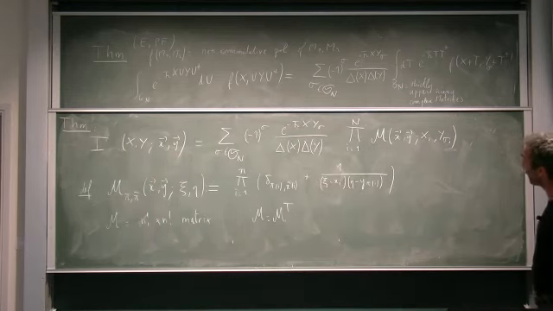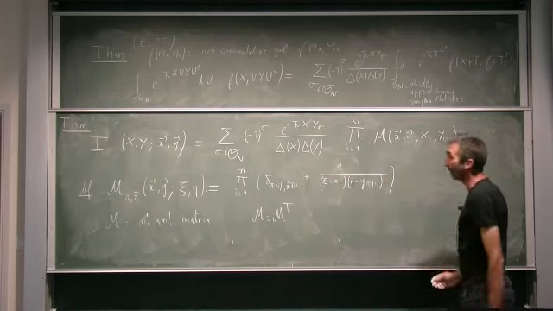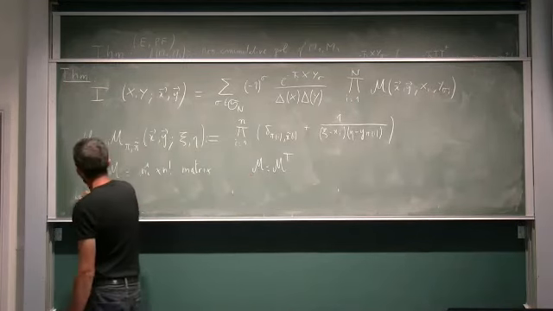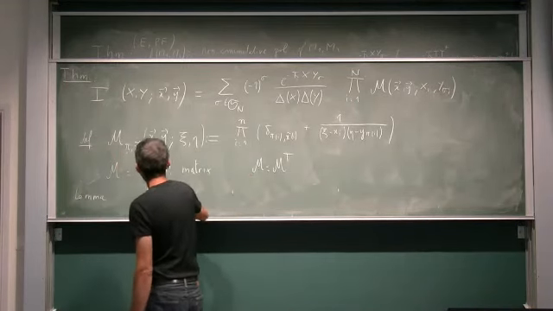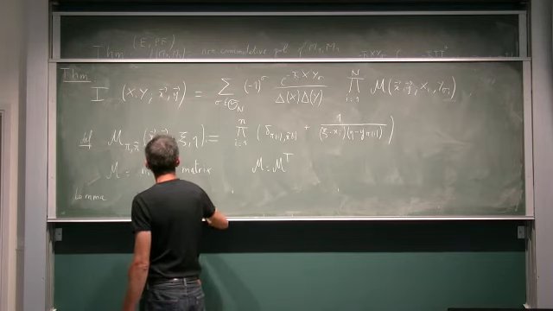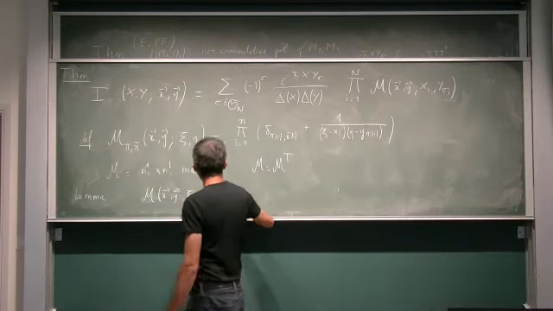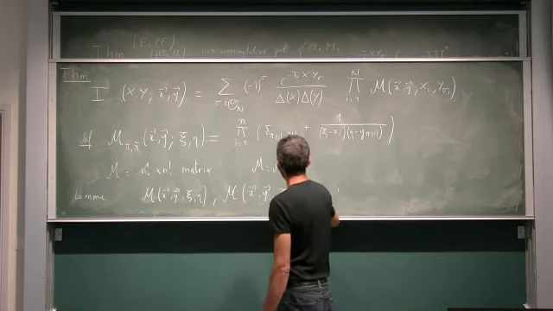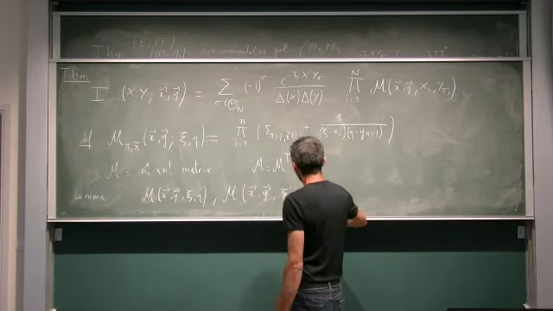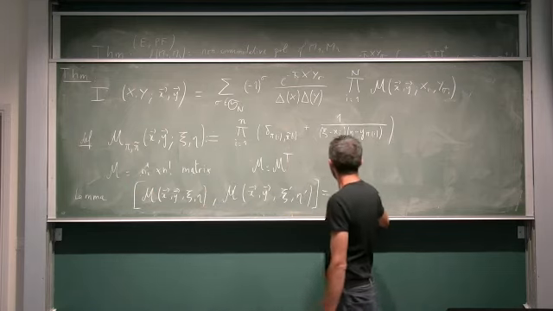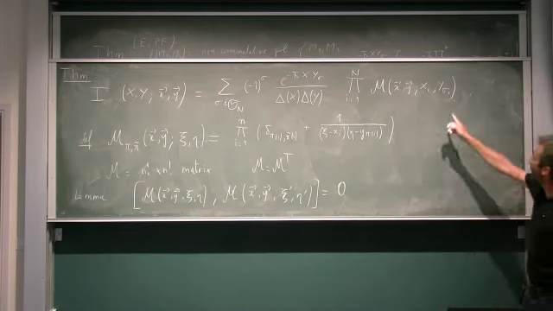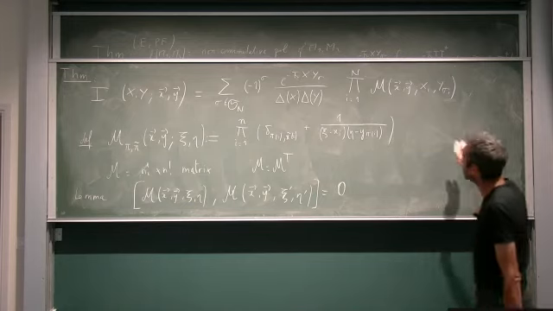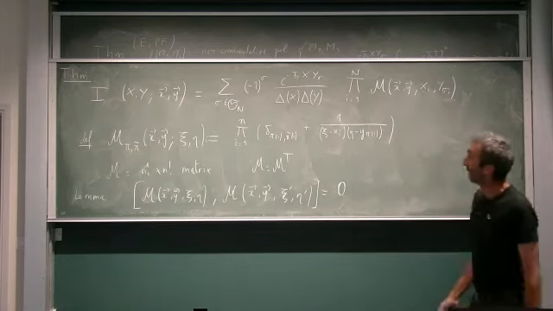And in fact, there is a miracle, which is that this product does not depend on the order, because all these matrices do commute together. We have a lemma, that M of x, y, xi, eta commutes with M of x, y, xi prime, eta prime. They all commute together. So in fact, the product of matrices does not depend on the order, and it looks very much like a determinant in the end.